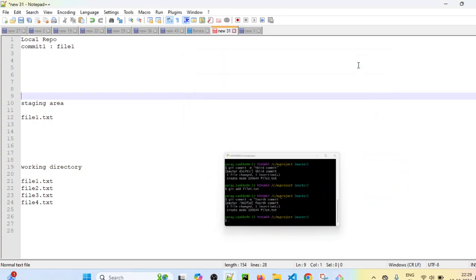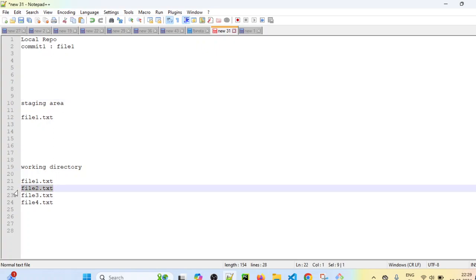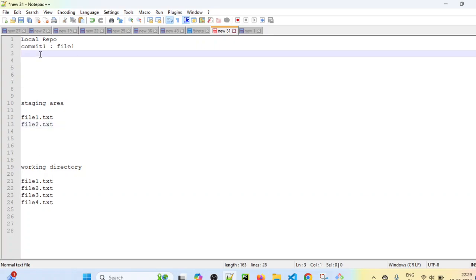So what have we done here? In the first commit we added file 1 to the staging area, and then that file was committed to the local repo, that is commit 1. In commit 2, I added file 2 into the staging area, and then we completed commit 2 for file 2 as well.